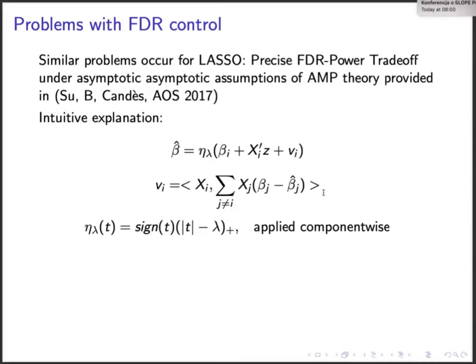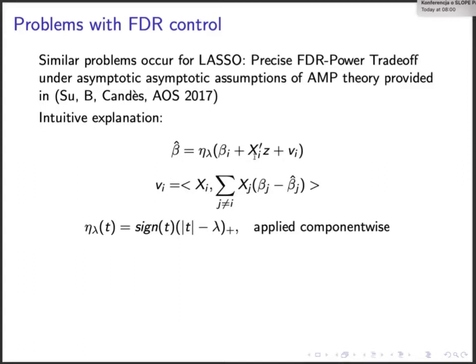So this is a formulation of SLOPE. We tried to understand this problem, and we looked more carefully into LASSO, and we wrote a paper which appeared in the Annals of Statistics with Weijie Su and Emmanuel Candès, where we observed that LASSO also has large problems with identifying the true model, and what is the real reason for this. You can represent the LASSO estimator in the following way. What you have in the bracket is the true value of a parameter. Then you have the inner product between, it should be beta i, sorry, on the left-hand side.